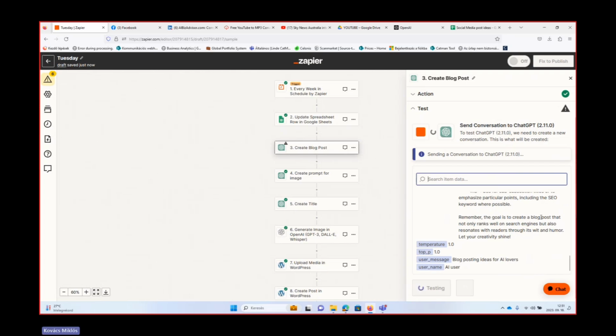So what I wanted to highlight is that the important thing is that you understand the logic, how it works, how you can connect the different applications, what kind of logic you can build up with Zapier and ChatGPT, and you can define your workflow basically however you want.